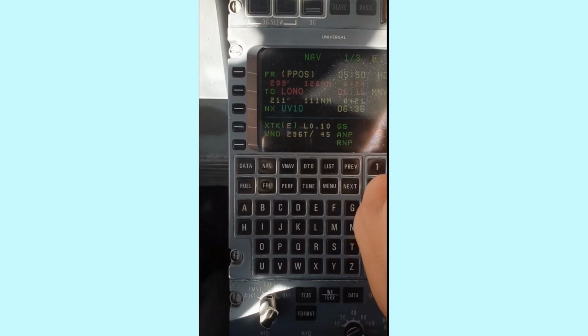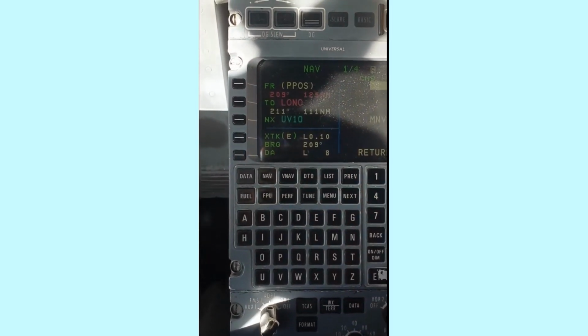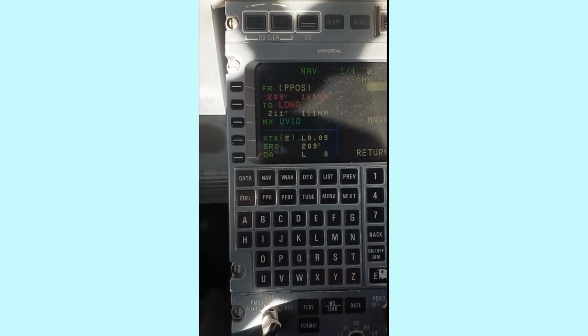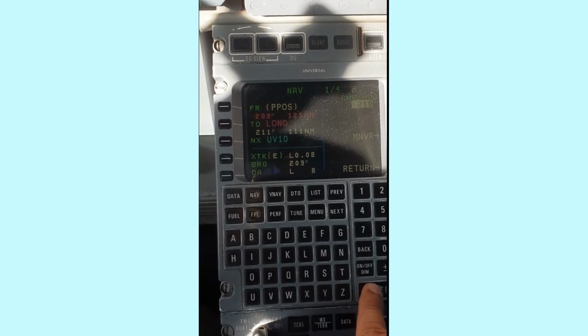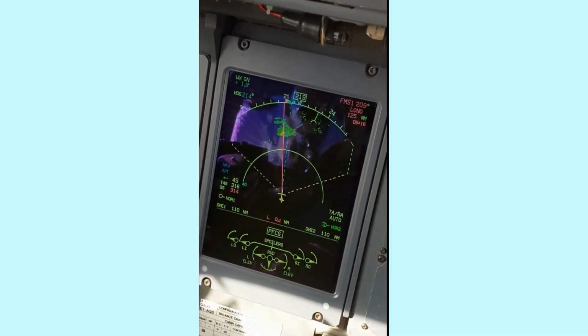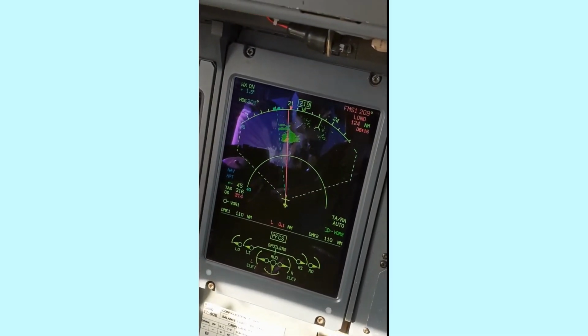I'm going to go to nav, which is already there, the nav page. I'm going to click heading, and I'm just going to press enter. Once I press enter, right now it's flashing, you can see the field was flashing. The moment I press enter, I use the heading knob, there it is, and I just